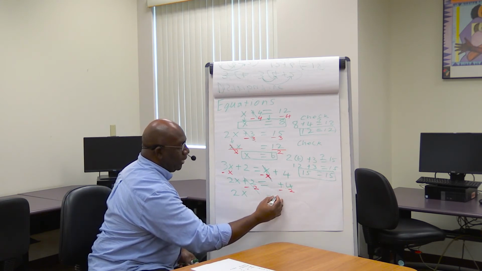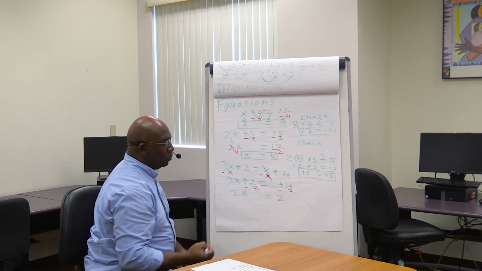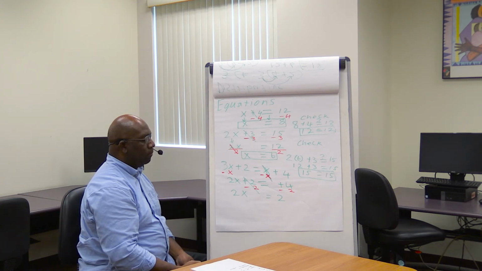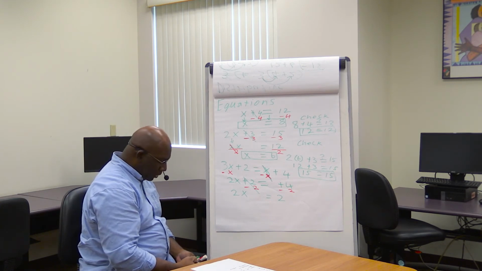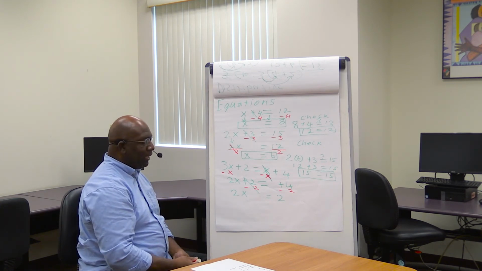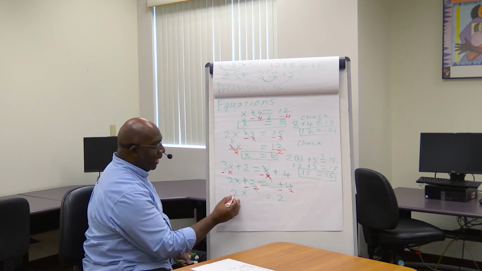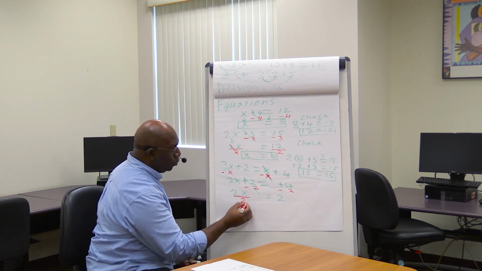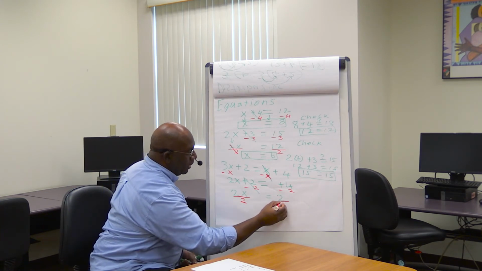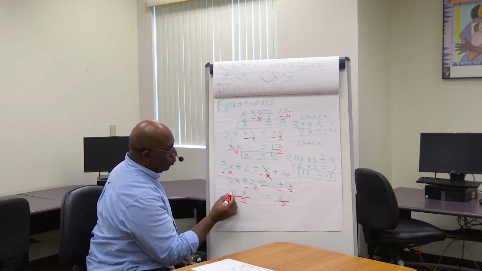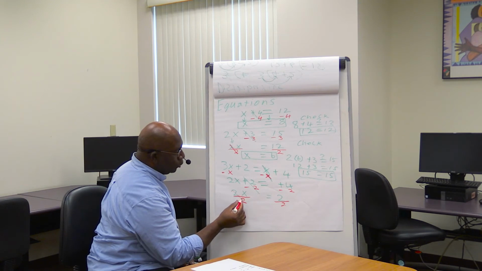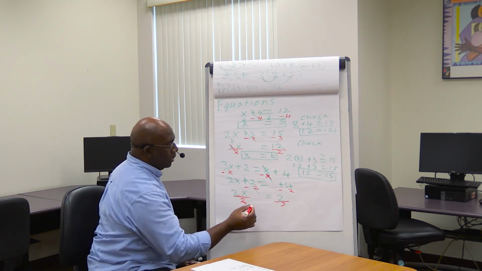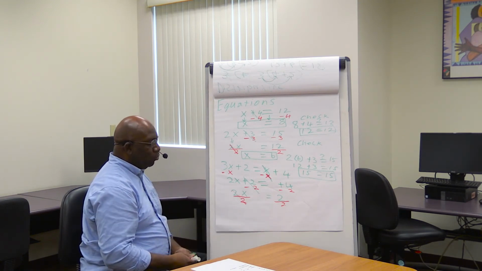Take away 2 is 2. And then the final piece I need to do to get x by itself is divide by 2, divide by 2. The 2's will cancel each other out, and that leaves me with